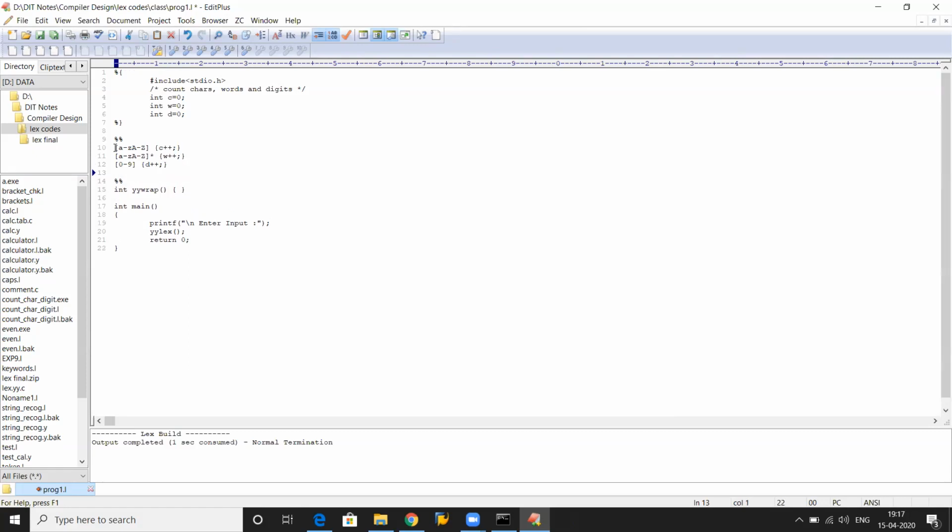Now, after the end of the input, when your input is exhausted, which means when you press the enter key, all your counters should be printed. So I'm making a rule \n, that is the enter key, and I'm printing all the counters. So printf, number of characters, percentage d